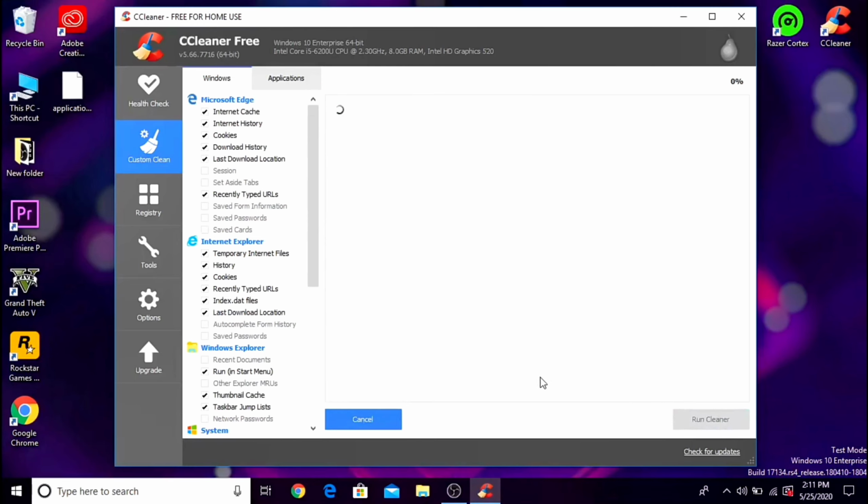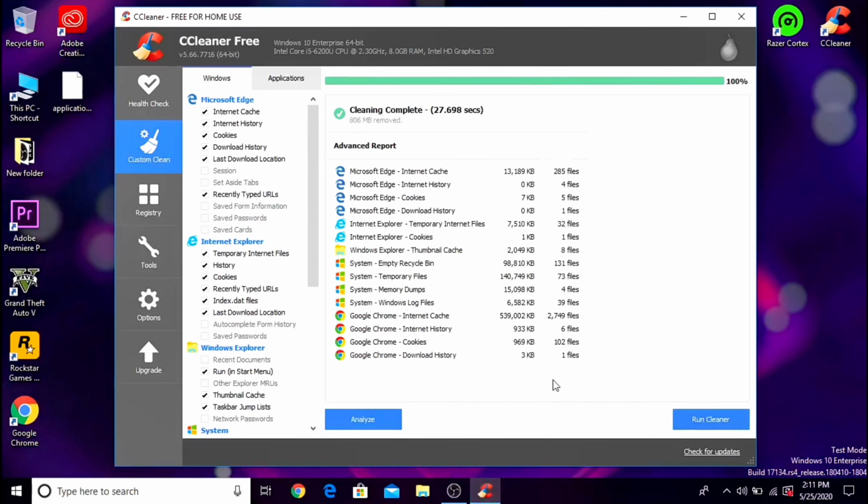Just click on Run Cleaner. What it does is it removes all the cache files from your PC. Make sure that you do these steps from this app once every month. It might take some time.